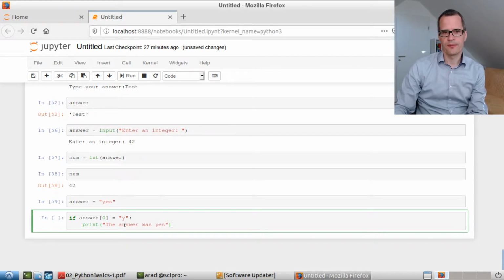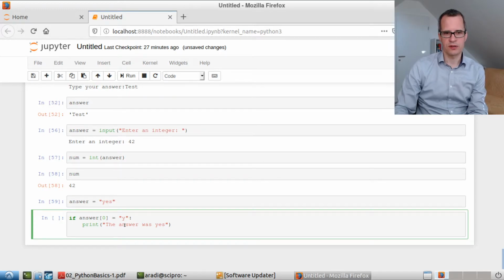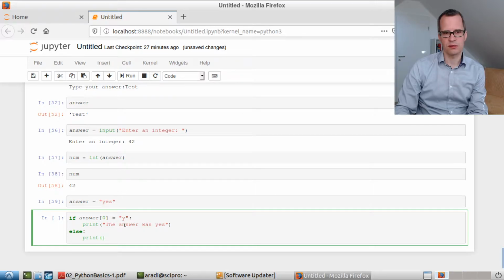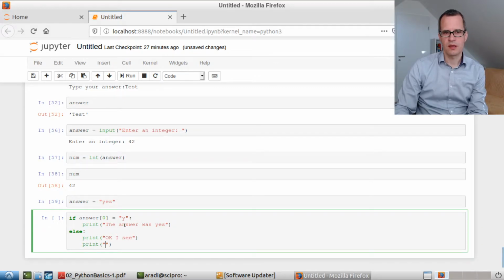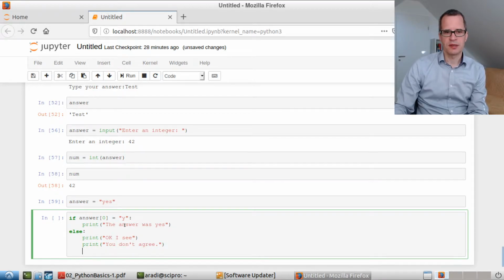was yes. Otherwise, if it's not true, what does it mean? If the first character or the zeroth character of answer was not Y, then the else block will be executed. And then here we will do 2 different commands just to demonstrate that the sub-block can be arbitrarily long. And then here we will just continue, print,